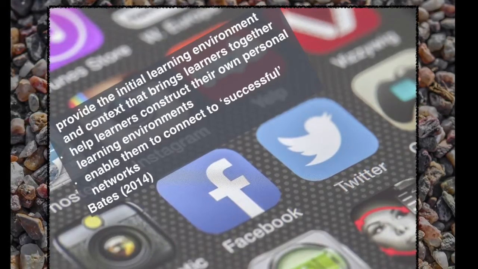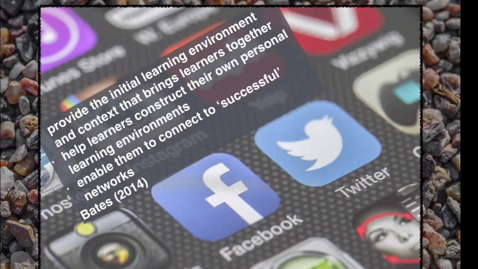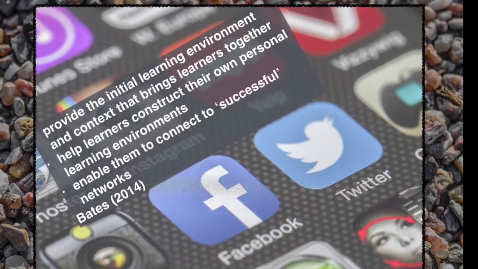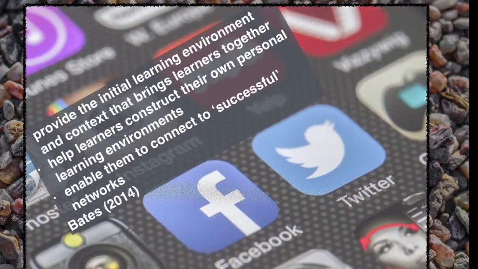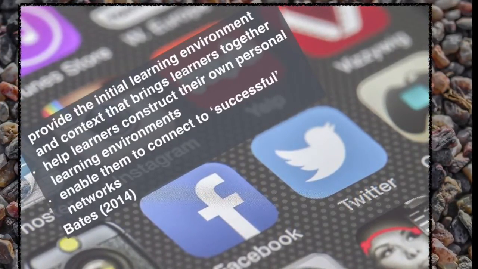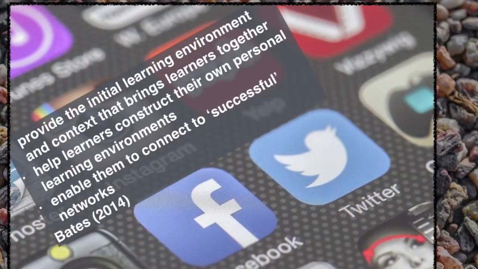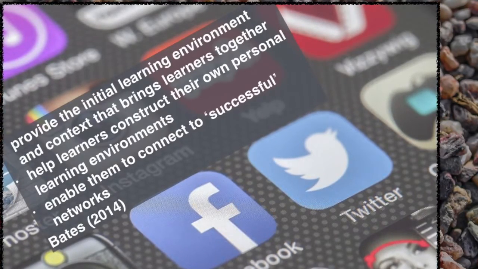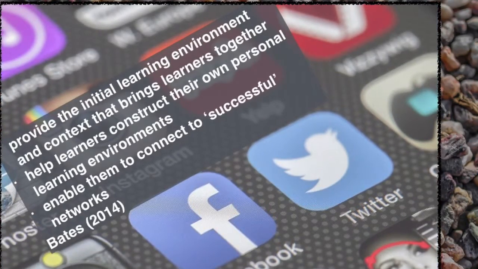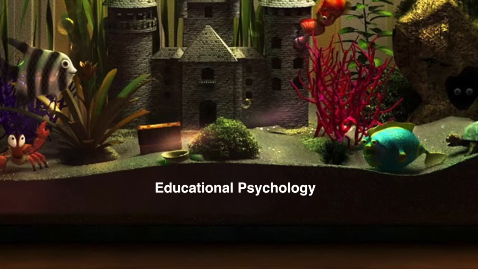In an even more facilitative role, Bates states, "The main purpose of a teacher appears to be providing the initial learning environment and context that brings learners together, and to help learners construct their own personal learning environments, to enable them to connect to successful networks, with the assumption that learning will automatically occur as a result, through exposure to the flow of information and the individual's autonomous reflection on its meaning." There's no need for formal institutions to support this kind of learning, especially since such learning often depends heavily on social media, readily available to all participants. Though the theories and their concepts continue to evolve, they nevertheless give a solid base to the field of educational